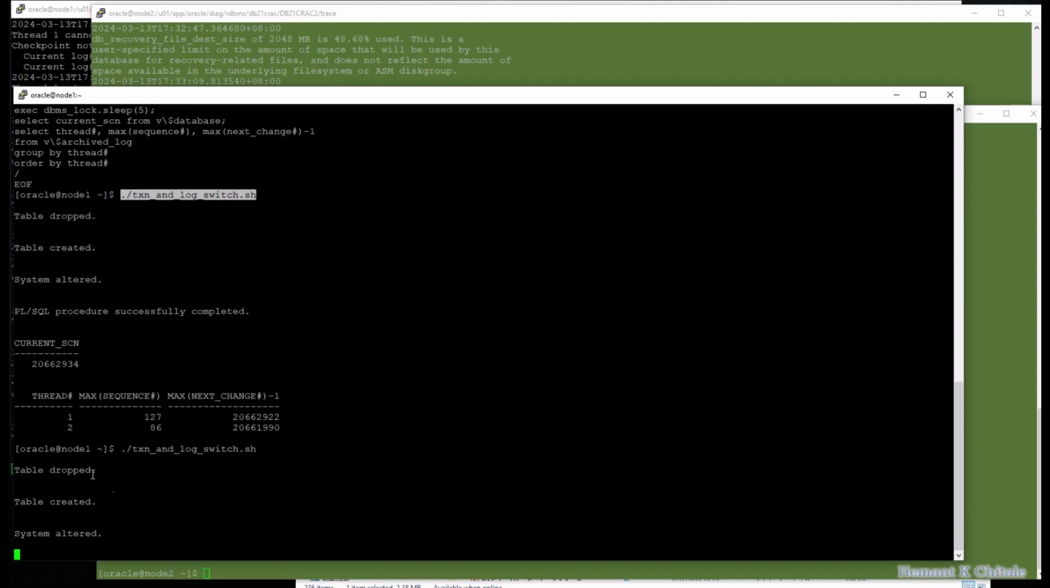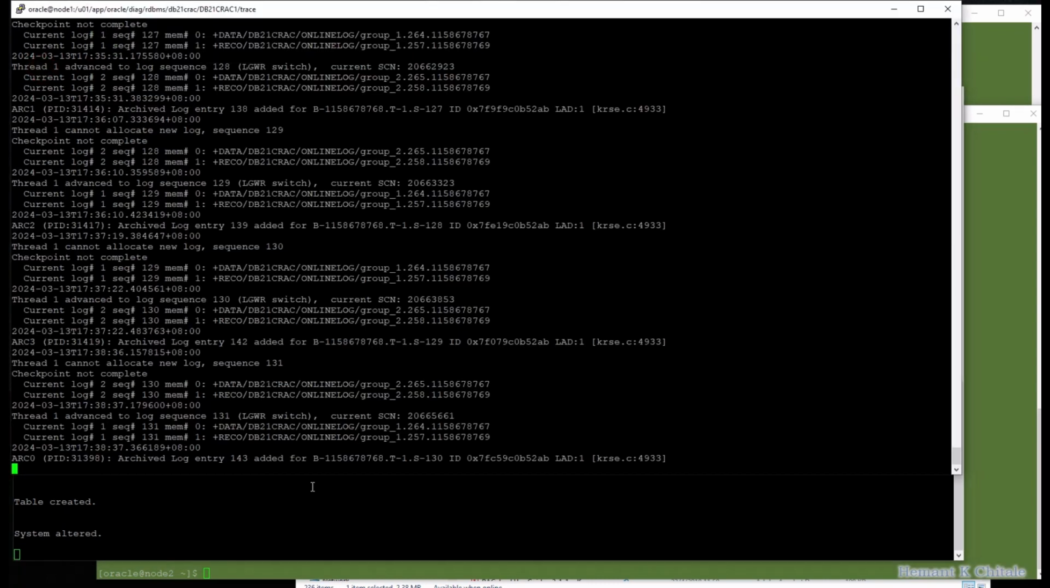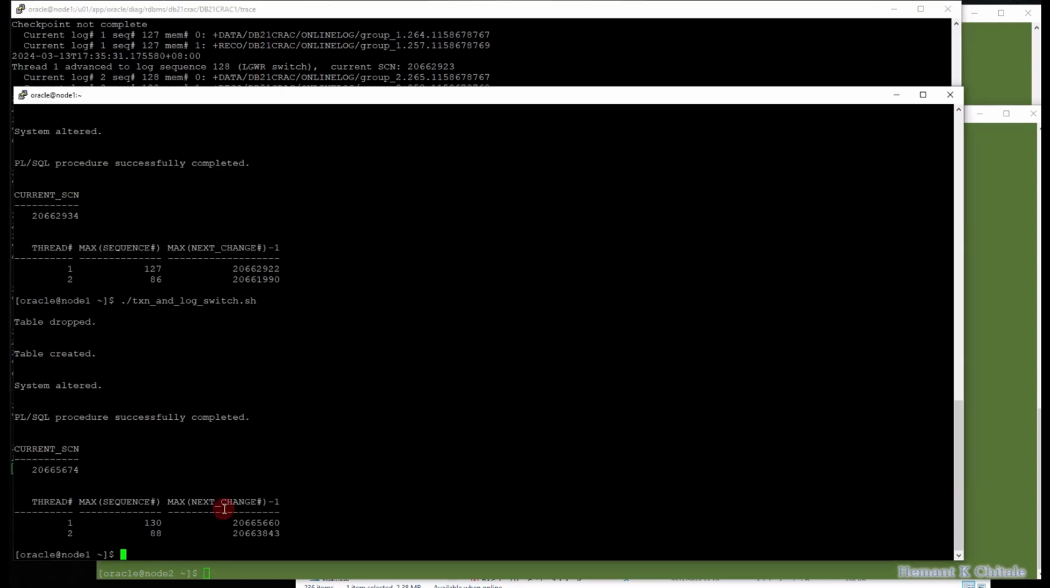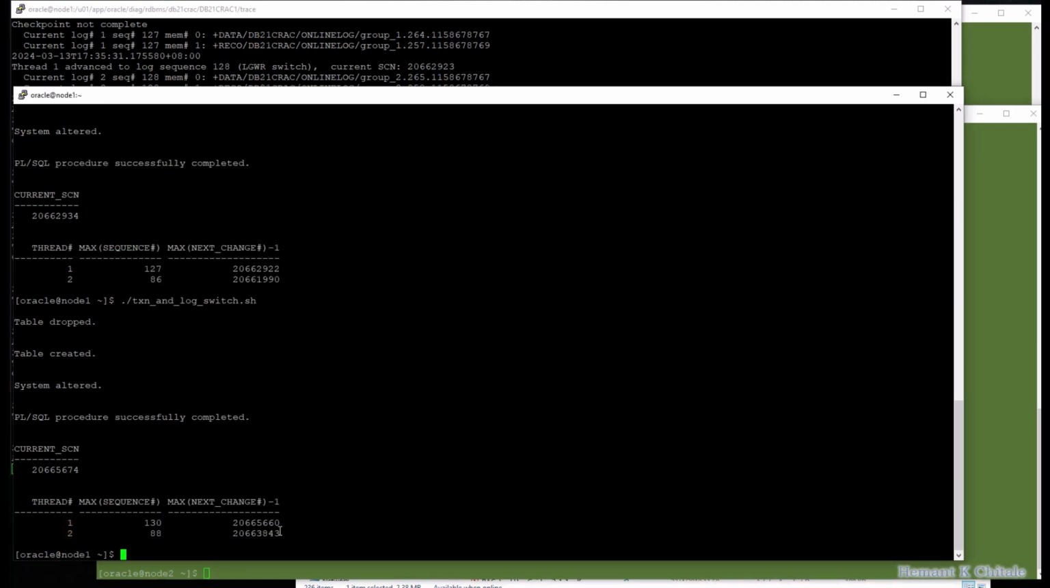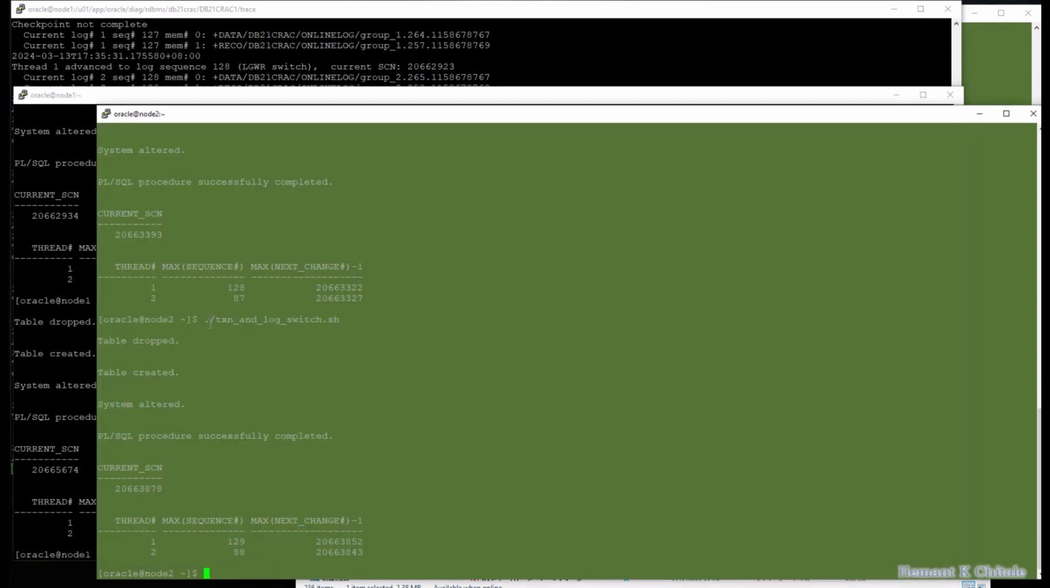Now in this case, this is not advancing much. So here it is only forcing a log switch. You can see here 88 was the last sequence archived from thread 2, and still 88, and the gap has suddenly widened from thread 1 to thread 2. So if I were to run some transactions from thread 2 again,